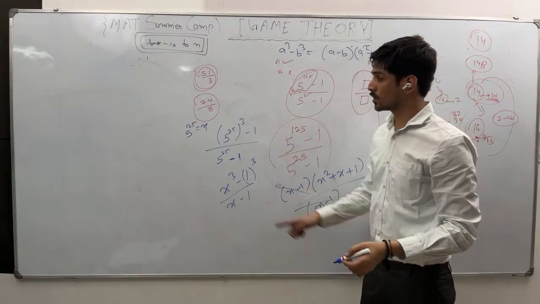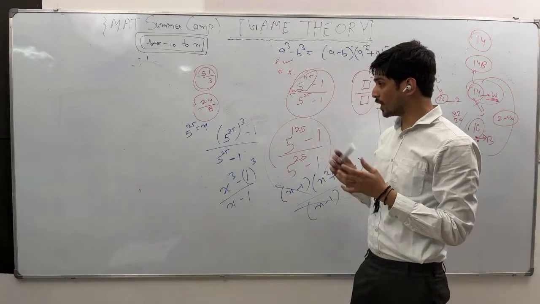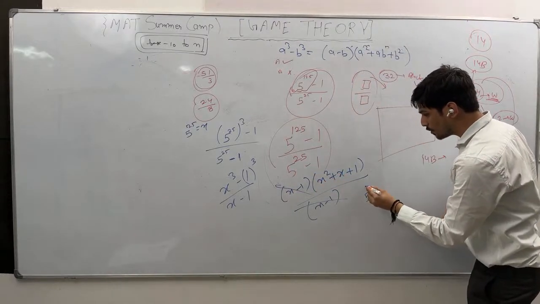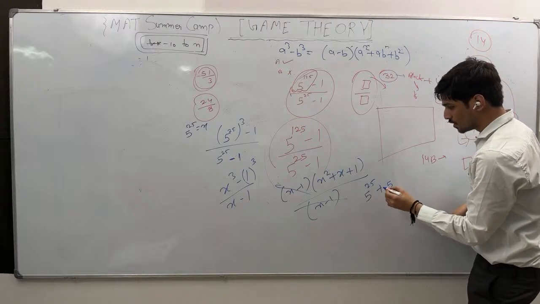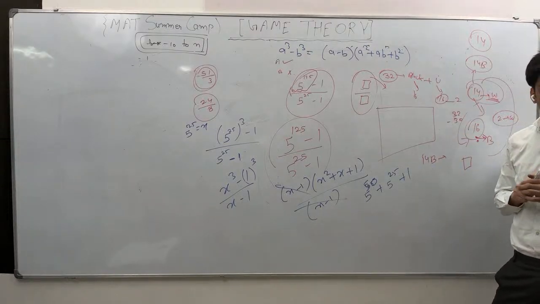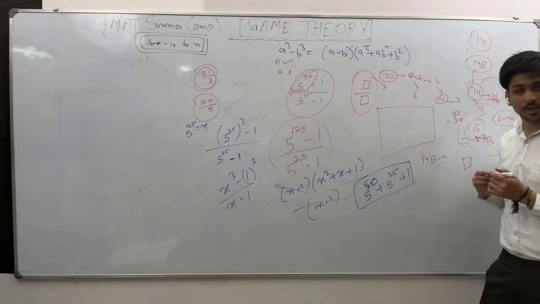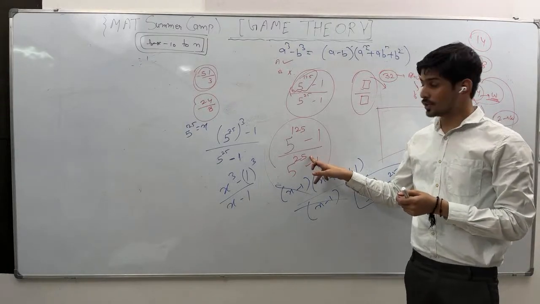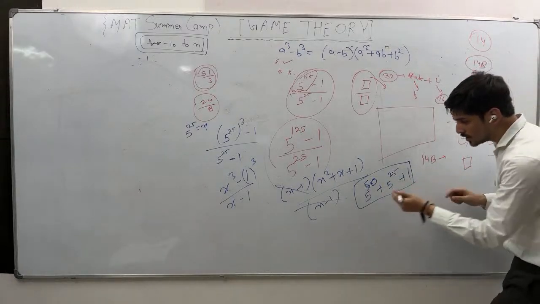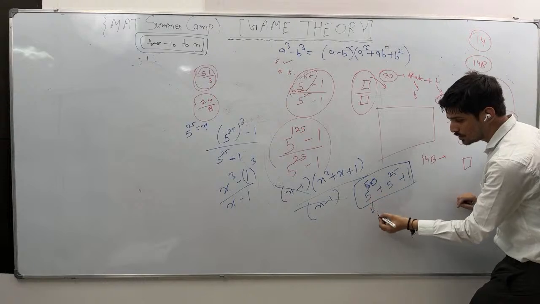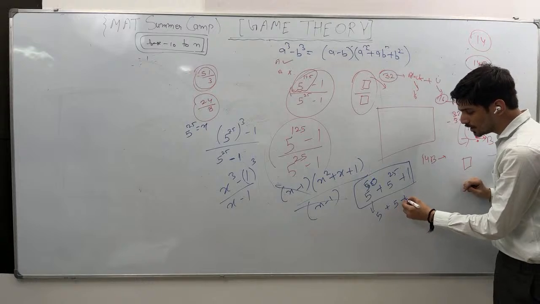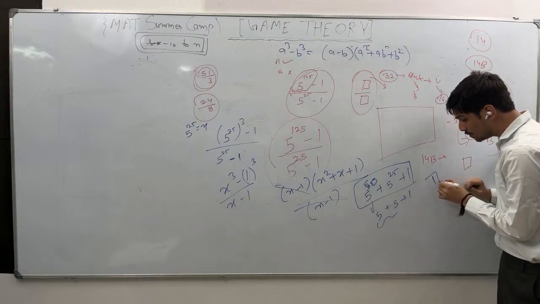What is x here now? 5 power 25. This is completely working as x. So now you see, 5 power 50 plus 5 power 25 plus 1. Now you can easily say, are you getting my point? This number you got it. Is it clear? Because 5 power 25 is there, then 5 power 125 is there. So now tell me what is happening here. This is 5 power something, so it means this will end with 5. Unit digit will be 5. Here also the unit digit will be 5, but here I am getting 1. So the unit digit will be 1.